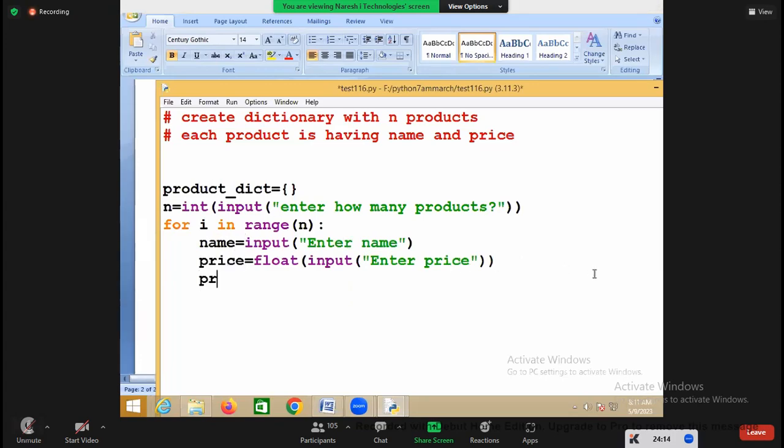How can you add inside the dictionary? You can say product dictionary of name equal to price. So you are taking the name as what here? Key, and price as what here? Value, right? So this is how you are trying to add it. Name as a key and price as a value. Then how can you read this? You can just write product name comma price